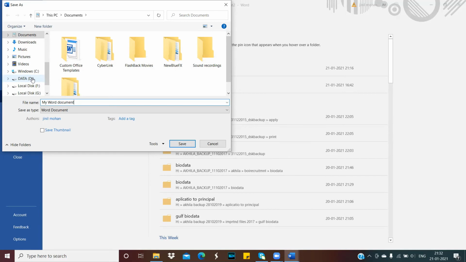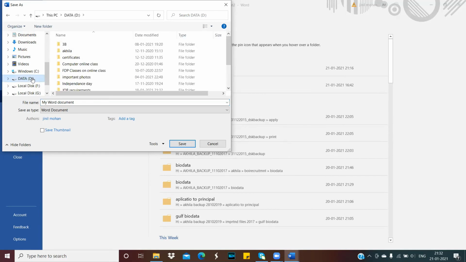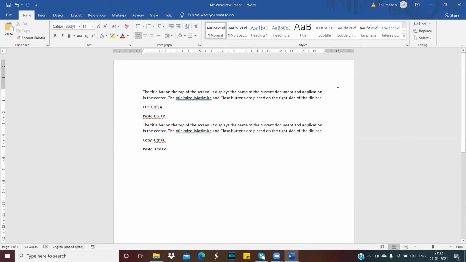Select the drive in which you want to save. If you want to save it in a new folder, you can click here and give a new folder name and save inside that. Otherwise, you can save like this itself. Now I am going to close it. We have saved it properly, so we can close and check whether we can open the same one.